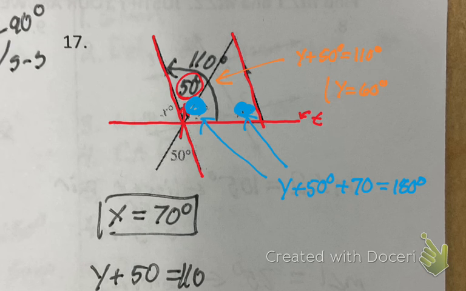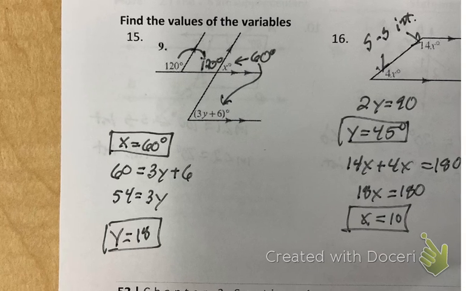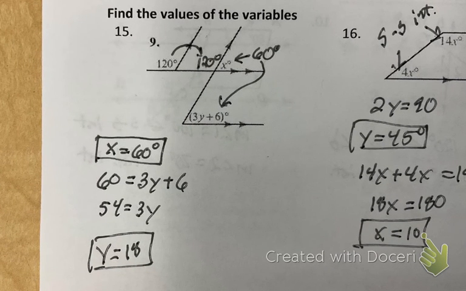Yeah. Okay, cool. All right, and then number 15, I think you said, right? Number 15 is kind of one of those puzzle ones where we have to jump around. I'll take a picture of mine real quick. Here's my advice on a lot of these. Don't even look at the letters you have to solve for. Look at where the numbers can go first and see if they can get to the missing variables. So if I start at 120,